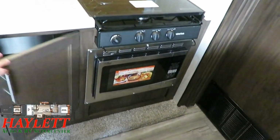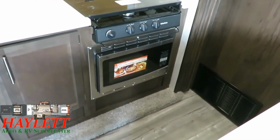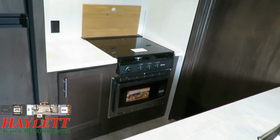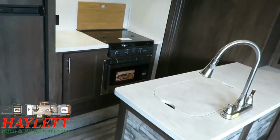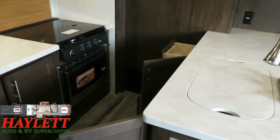Now down here, one thing I do want to point out is instead of an oven, they do put a convection microwave in place of the oven, very much in the same sort of way and fashion, I guess, as a motorhome, really. Now, taking a look at the remainder of the kitchen, I wanted to open everything up here